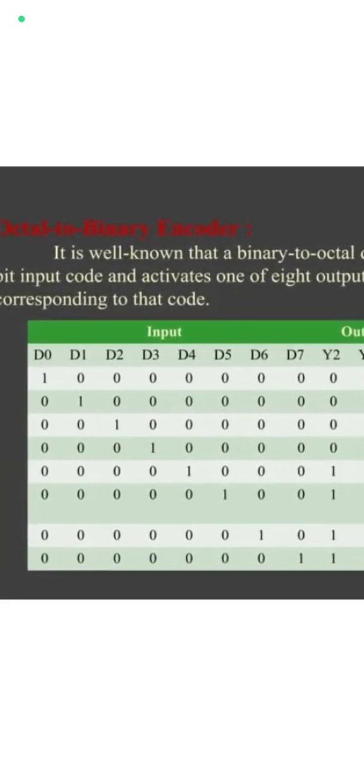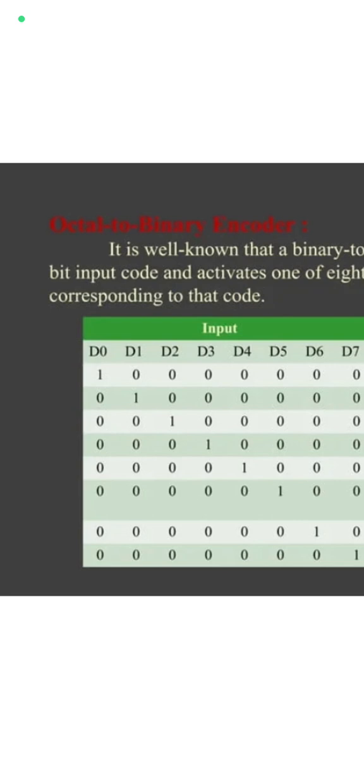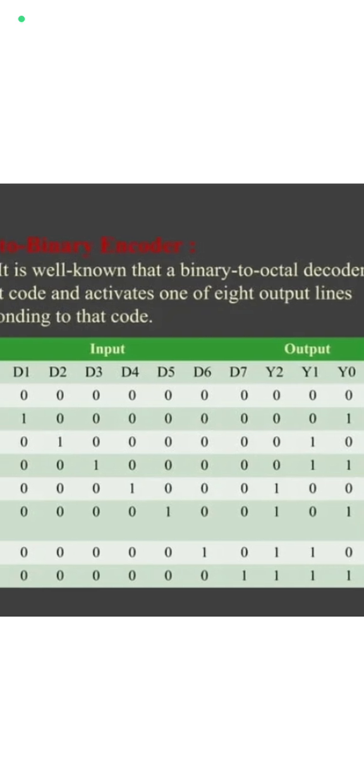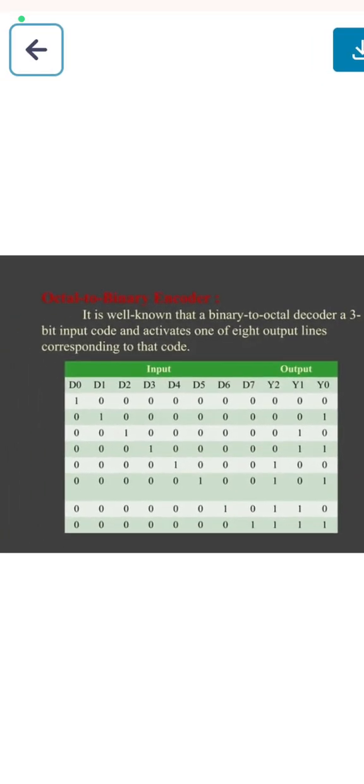So here we are going to see about a binary encoder. It is the opposite of a binary to octal decoder: a 3-bit output code that is activated for one out of 8 input lines corresponding to that code. So we have inputs D0 to D7 and outputs Y2, Y1 and Y0. If you select D0, the output is 0 0 0. And if you give an input D1 as high, remaining all other inputs low,